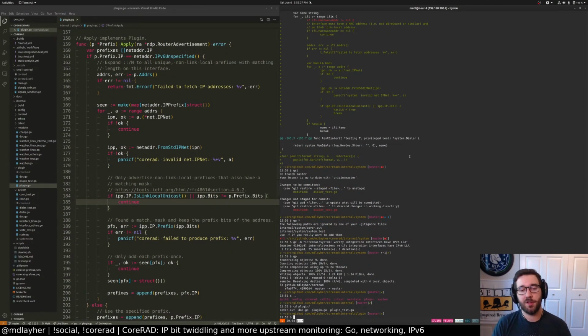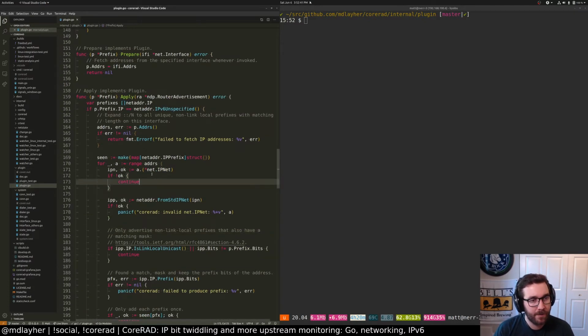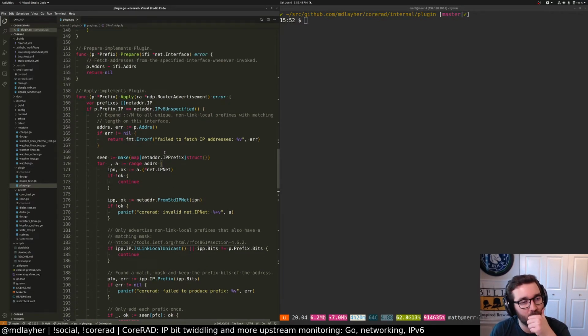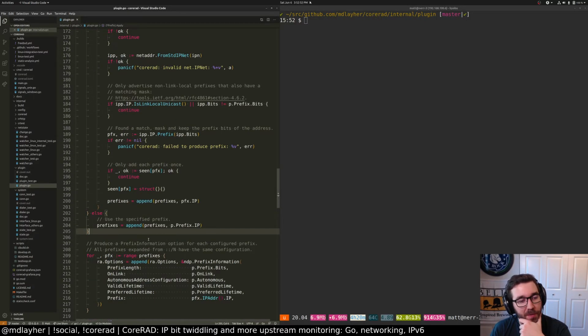Let's write a test. We can make the font bigger. My apologies, I forgot. There we go. Back at it. Okay. Standard from IPnet, seen prefixes. I guess while we're at it, we could try and fix this code a little bit, make it cleaner.